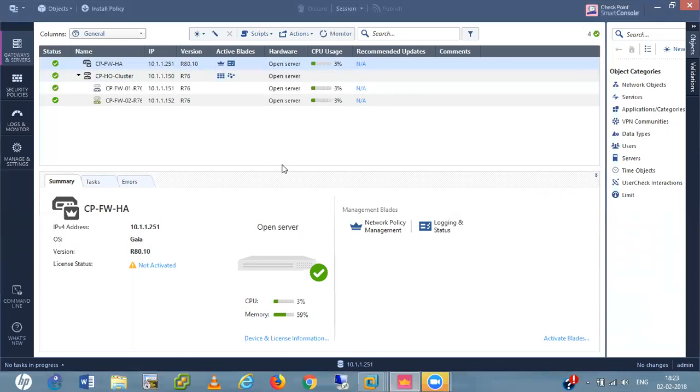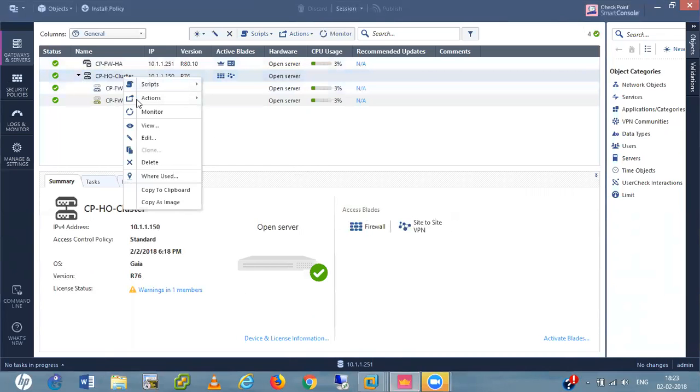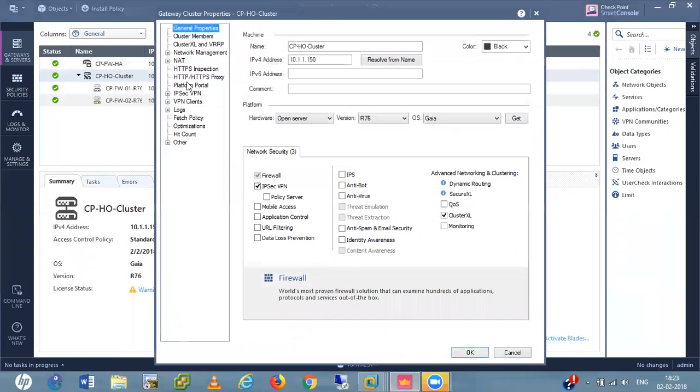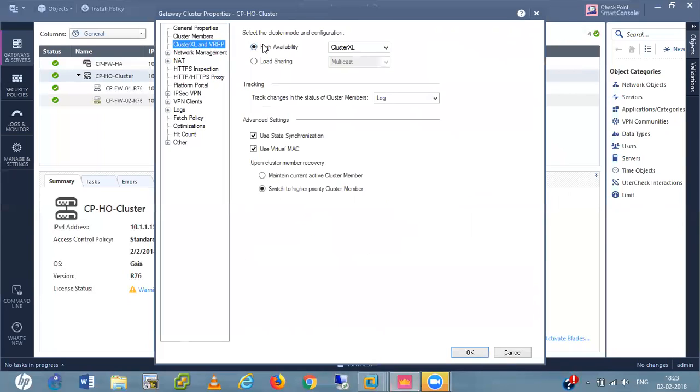Now I am going to tell you how we can configure load sharing in Checkpoint. I just right click my cluster object, edit, and in the ClusterXL and VRRP member section there is load sharing. We have two types of load sharing: multicast and unicast.